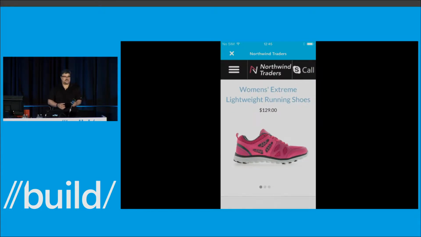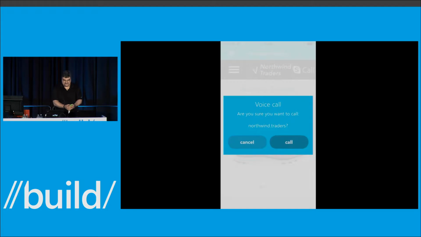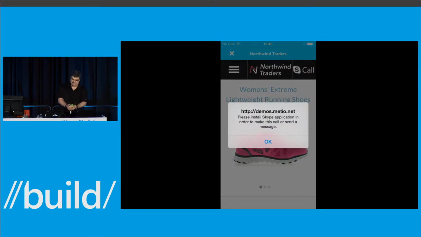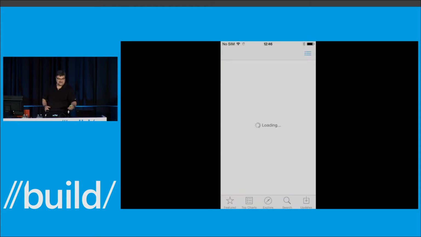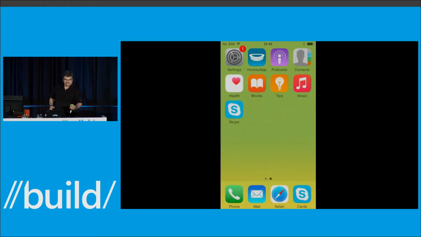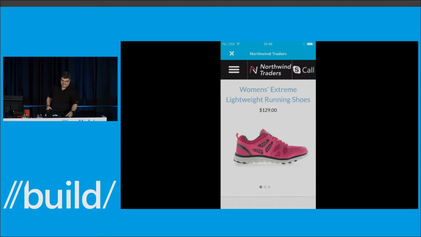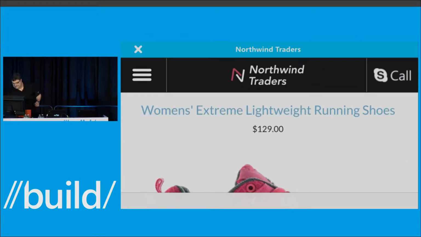Now, this call button in the mobile site gives me the ability to make this call directly from here. And so I can go ahead and you notice that it allows me to call out directly to the client. There's a particular bug in this particular client, so I'm going to go past that. But to give you a sense of what that looks like for you as the developer, let me go ahead and show you the same exact site